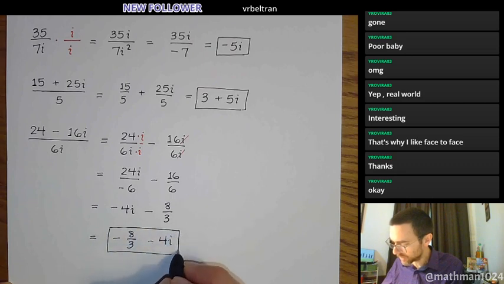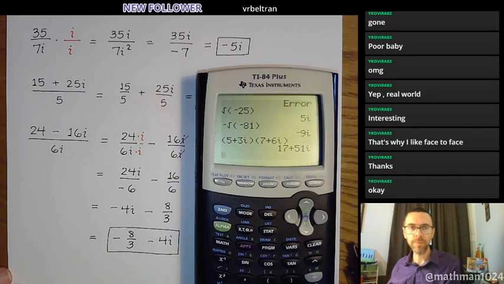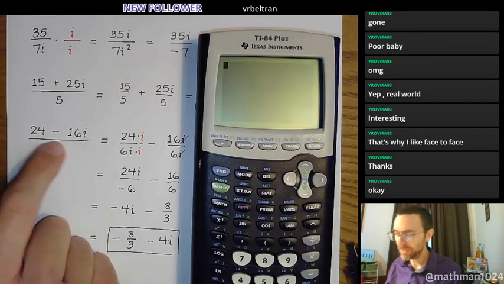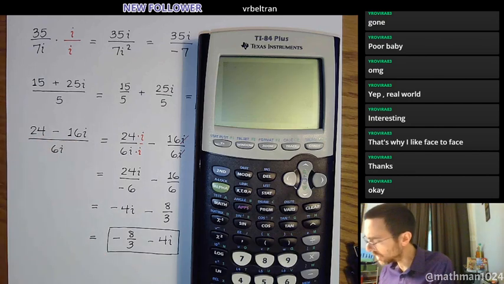And now I'm going to show you what this looks like in your calculator in case you're trying to check to see if things are working out okay. Maybe you're working on some homework or you're just making up some problems to see if you can do the problems that you make. But you've got to make sure you type things into the calculator correctly. Okay. So, if I'm typing this in, we need to understand that this whole piece is the numerator. If you just go 24 minus 16i